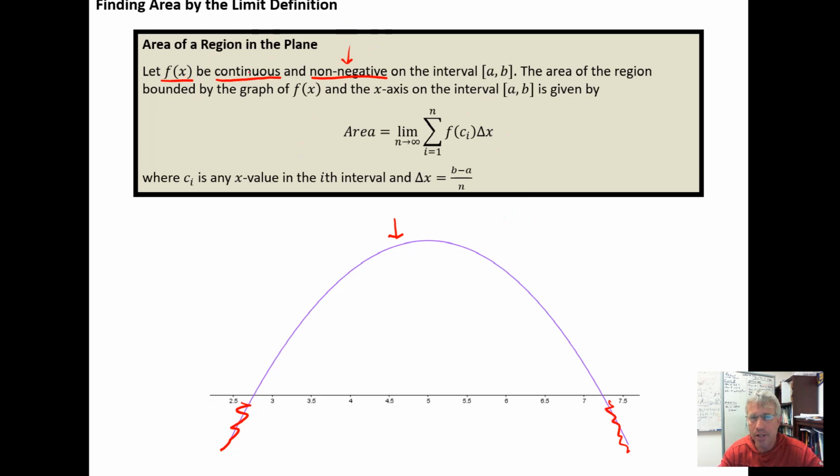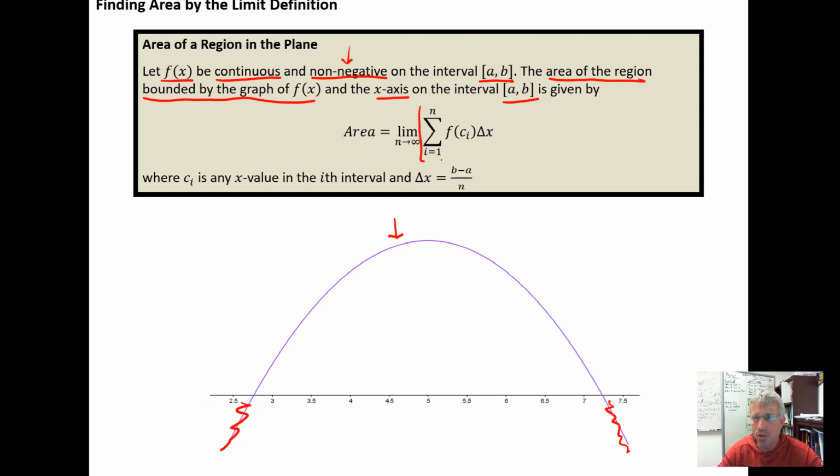So we're going to let f of x be continuous and non-negative over some closed interval from a to b. Then the area of the region under that curve, or bounded by the graph and the x-axis, in other words, the area under the curve over the closed interval, is given by